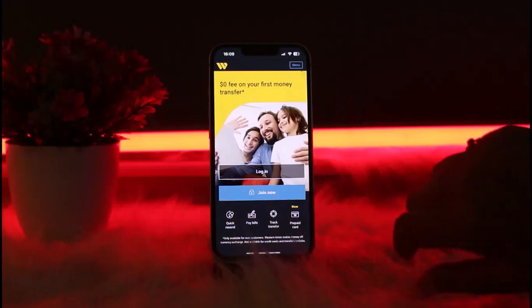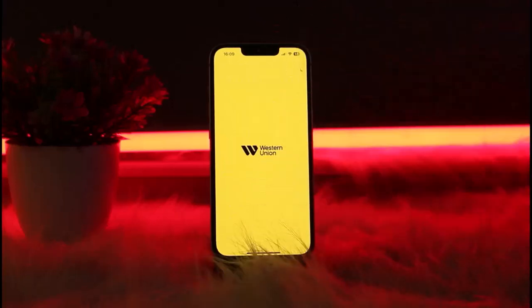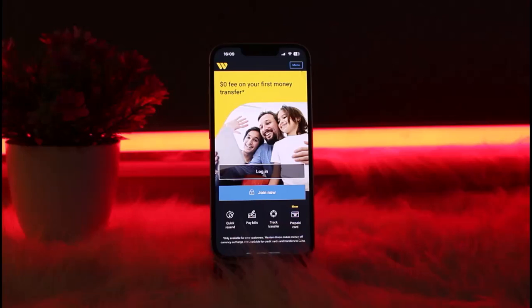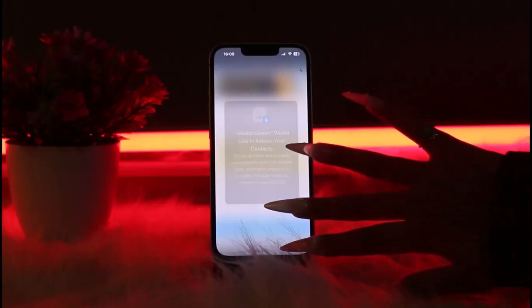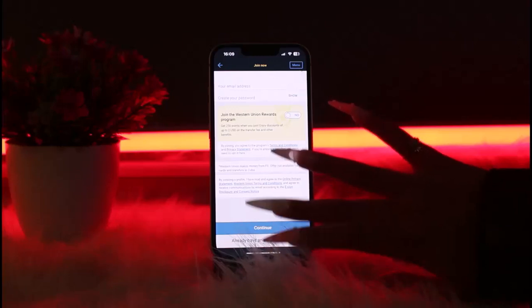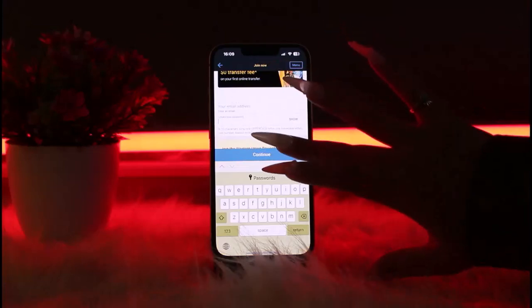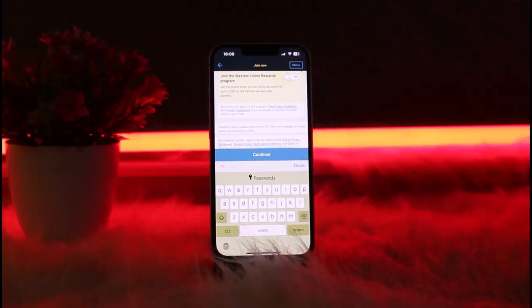Then you can directly tap on this option of join now, cross this out, and then afterwards you just have to tap on the join now section, and then you will be able to go through the steps. Tap on this continue for you to now go ahead, enter your email address. You can create your password and then tap on continue further. You will receive a code for you to verify your email. Once you have done that, you will be able to create yourself a Western Union account likewise over there, and